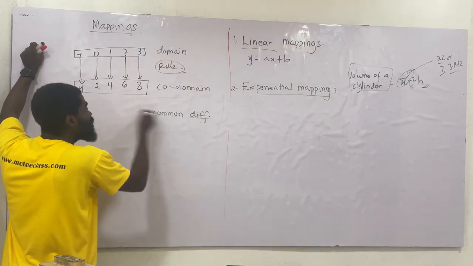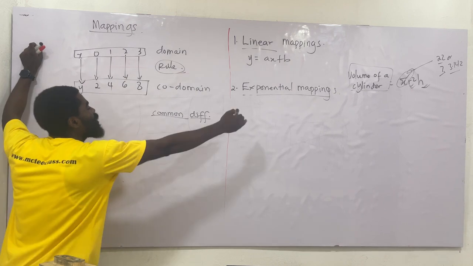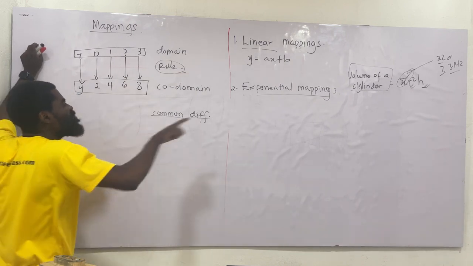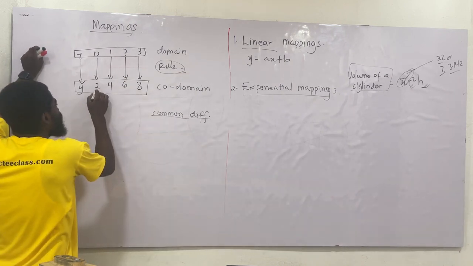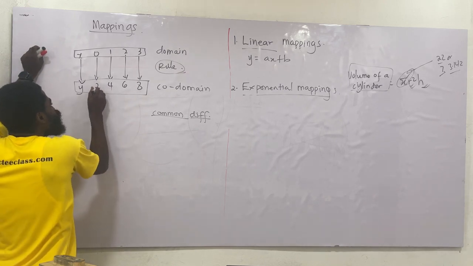Let's see how we find the difference. Difference means we are subtracting. Then common means it should be the same answer in our subtraction. That's the meaning of common difference. So I take the first 2 pair and I subtract 2 from